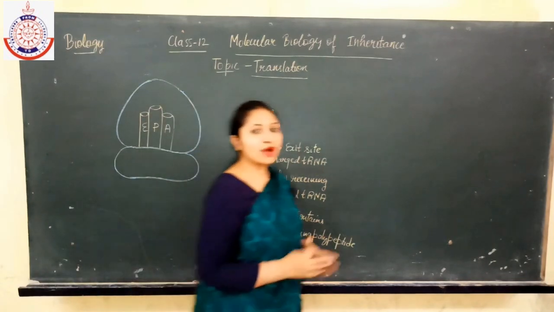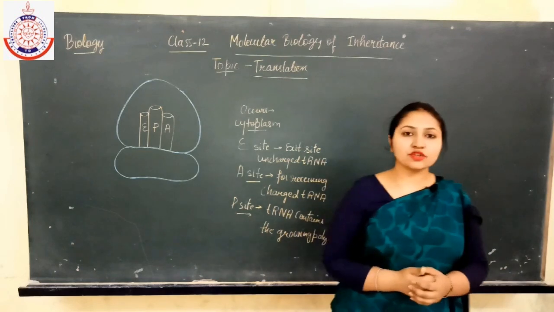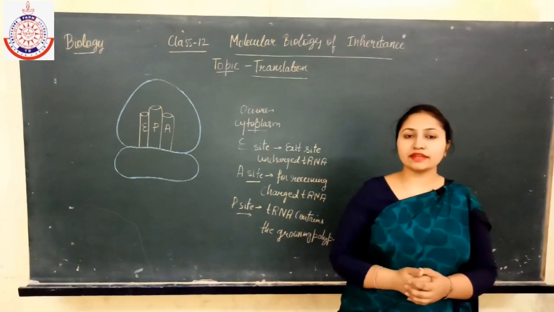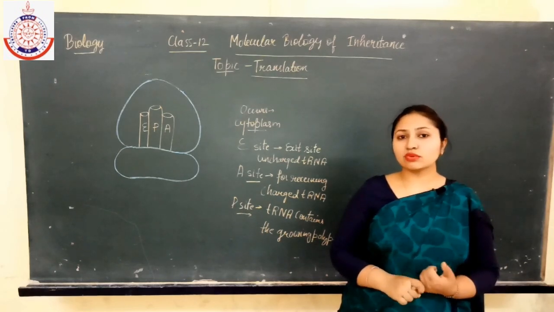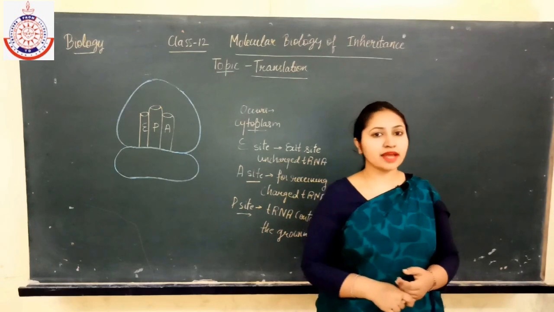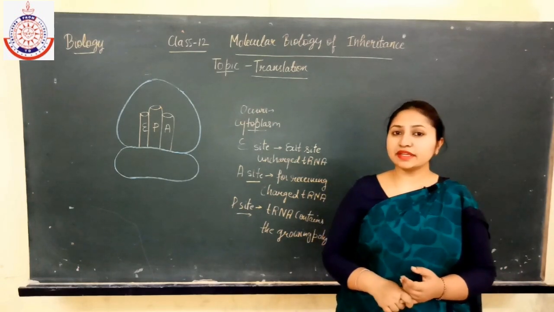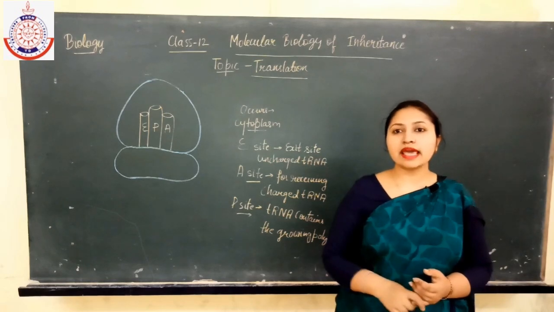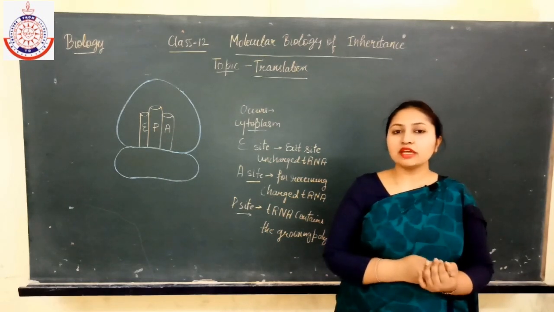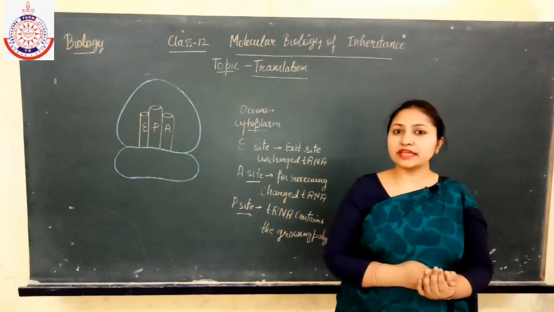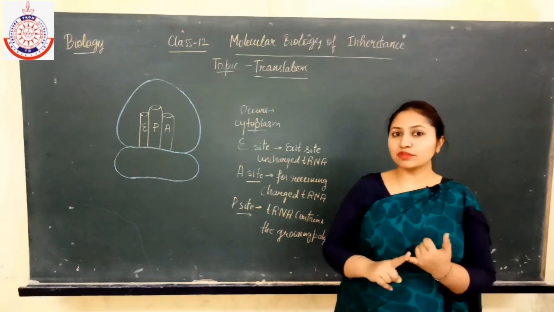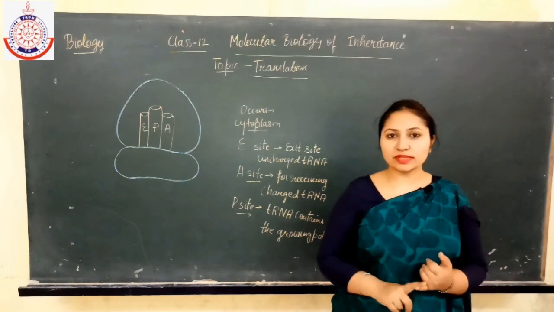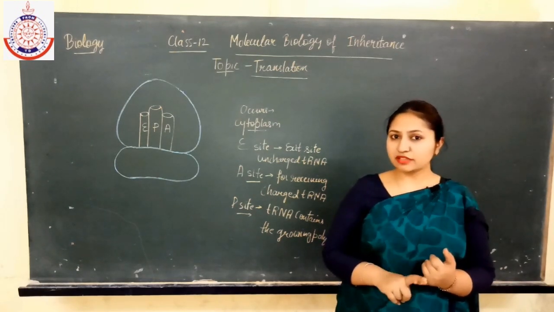Now next we will discuss the tRNA. As in the previous lecture we discussed the structure of the tRNA molecule, it is also known as the adapter molecule. Why is it known as the adapter molecule? Because it contains the anticodons, and these anticodons are complementary to the base pairs present on the mRNA. So tRNA has the anticodon site, if you remember, and one is the ribosomal site and one is the enzyme site also.